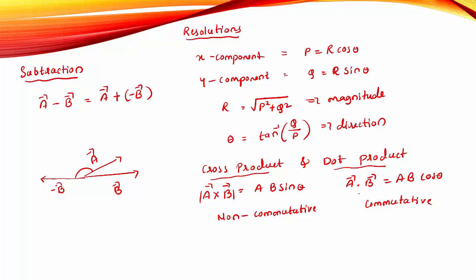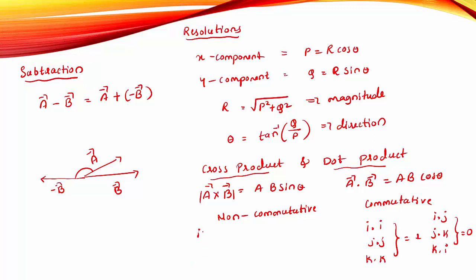And very important here are the values of unit vectors. Dot product of unit vectors is generally denoted by i dot i, j dot j, k dot k. These are all equal to what? 1. But i dot j, j dot k, k dot i, these are all equal to what? 0. So this value you have to remember for dot product.